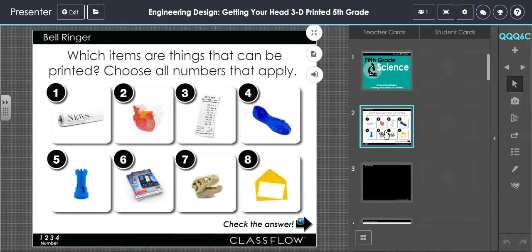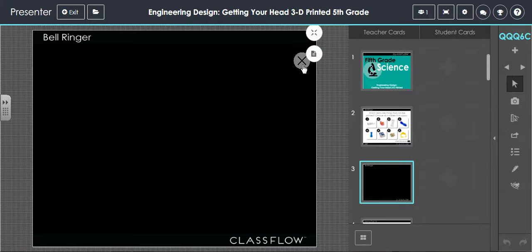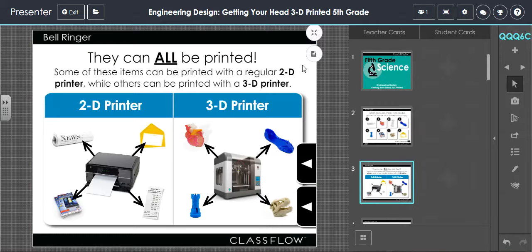it's a poll here, a number poll. So which items are things that can be printed? Choose all numbers that apply. So after the teacher sends it as a poll and the students respond with their poll answers, you can click the arrow to go to an answer card, click the X to reveal the answer,